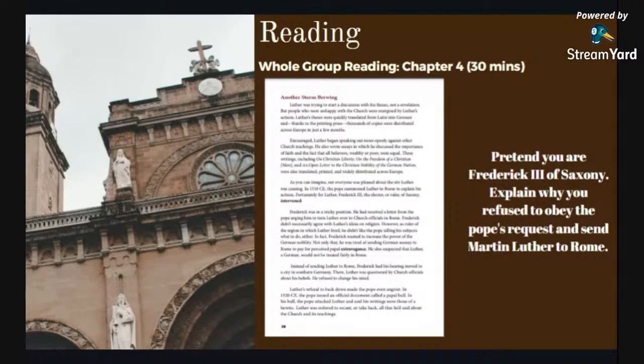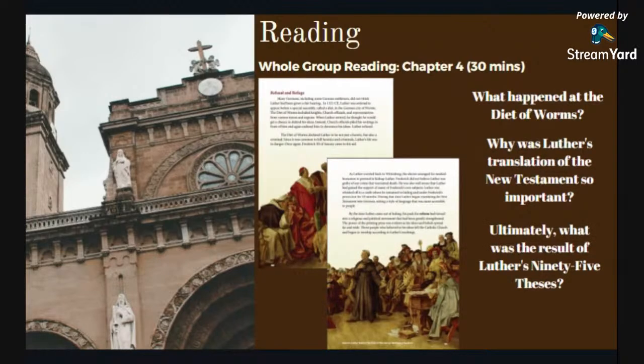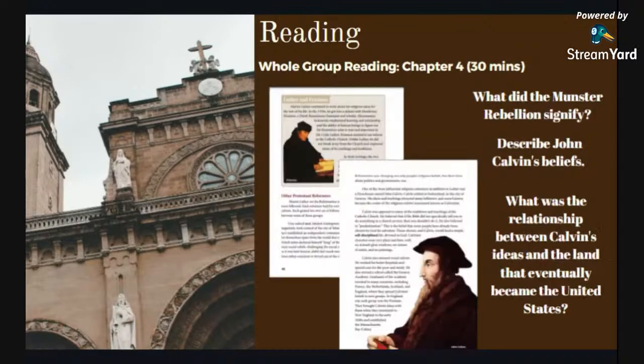They'll read page 38 silently, and the teacher will ask this inferential question. Then they'll read page 39 silently, and the teacher will ask a literal question. Okay, so pretty much starting to be a pattern here. They'll read pages 40 and 41 silently, and the teacher will ask these literal and evaluative questions. Then they'll read pages 42 and 43 silently, and the teacher will ask these literal and inferential questions.